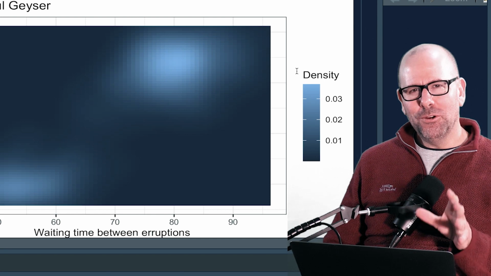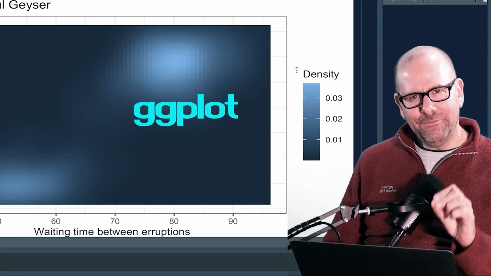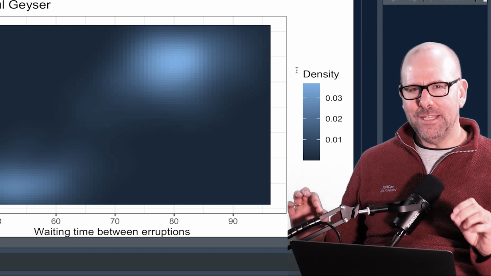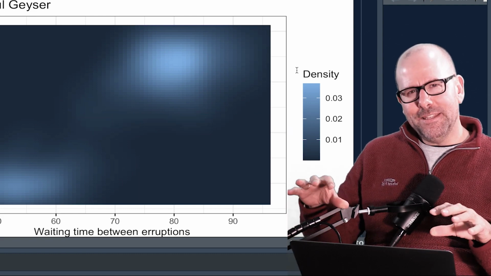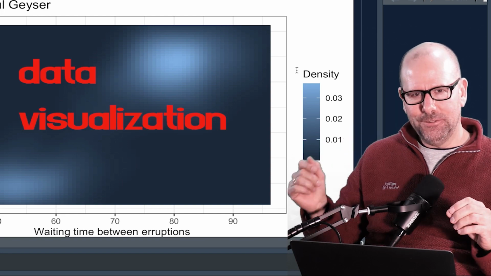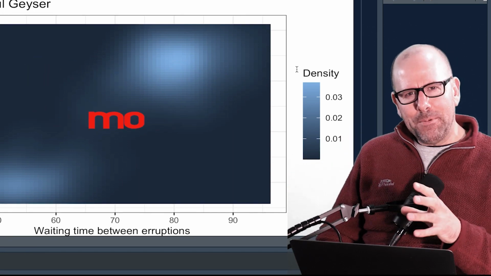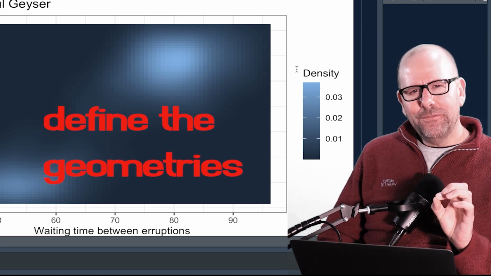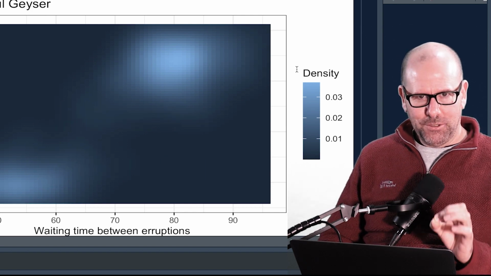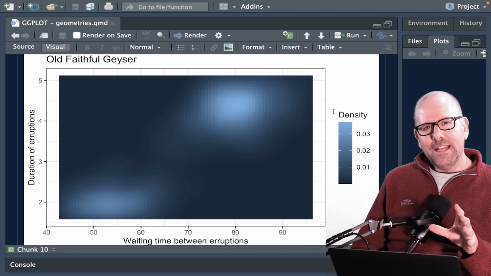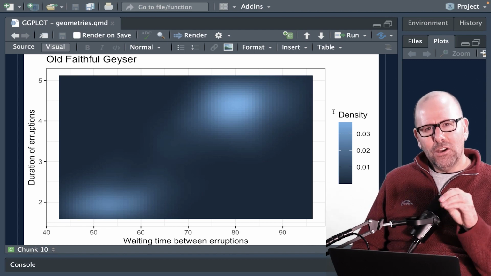In this video, we're talking about Ggplot, and we're going to be specifically talking about the geometries, right? In previous videos, and if you haven't seen them, go and watch them, we've talked about the fact that Ggplot really represents an exciting way of creating data visualization. We have to define the data, we have to map the aesthetics against the variables, and then we have to define the geometries. And one of the very powerful aspects of Ggplot is that, and you're going to see this in some of the examples I give today, you can define some of the aesthetic mapping within the arguments of